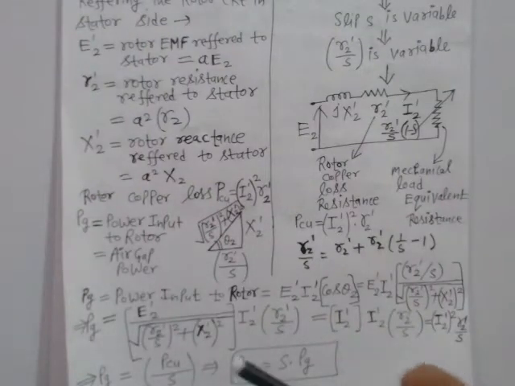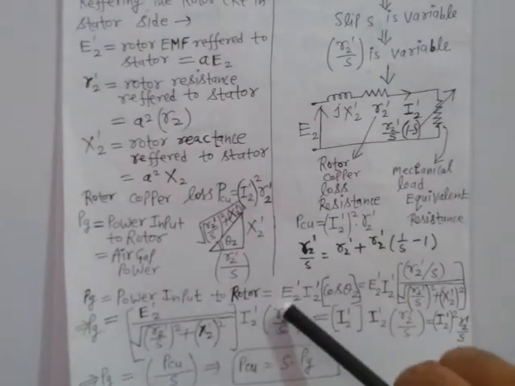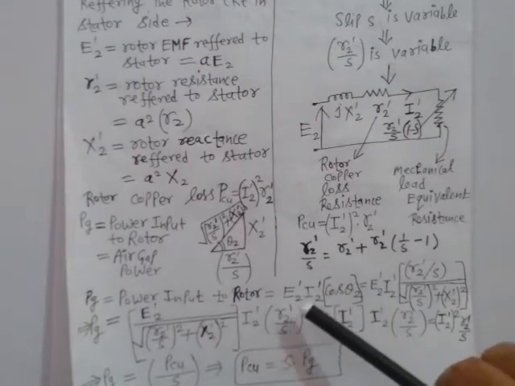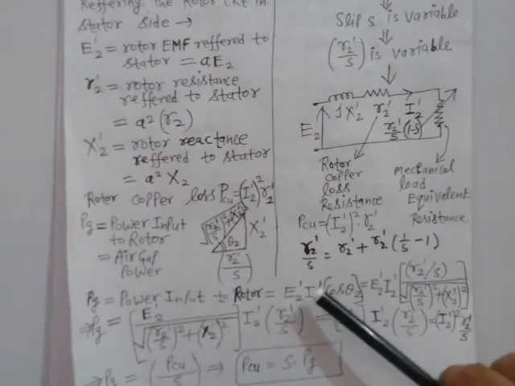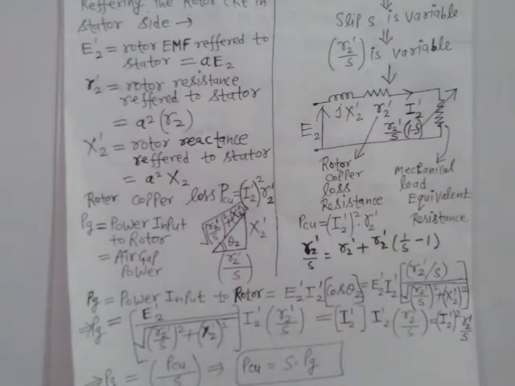So this is PG, power input to rotor, which is E2' I2' cos theta 2'. E2' is the rotor winding induced EMF, I2' is the rotor winding current, cos theta 2 is the rotor power factor, right? So here